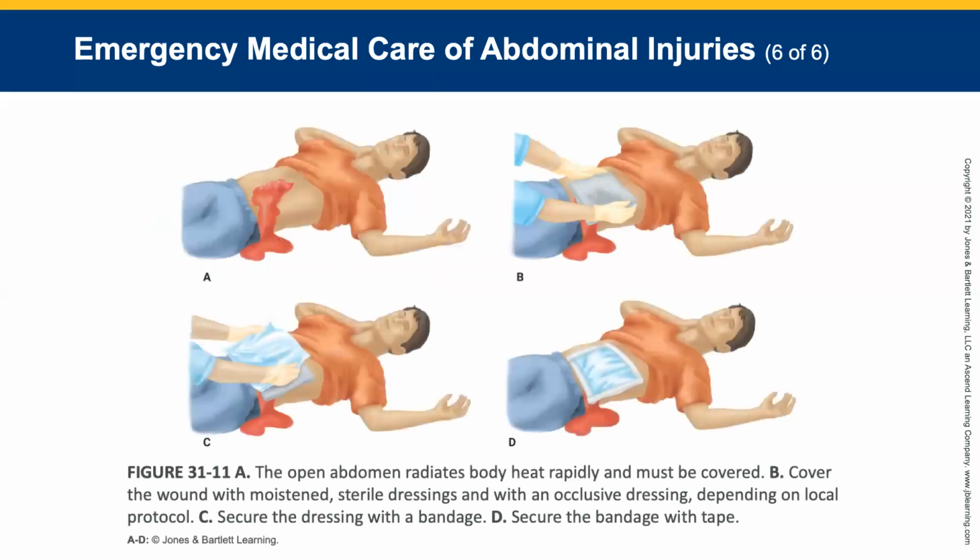All right, so here are the steps for applying a dressing to an abdominal wound. You can see here in figure A, the two that I've dealt with in my career didn't bleed that much at all. They actually bled from this incision area more than they did there. So we're going to cover them there. B, we're going to put the dressing on. Then we're going to make sure that it's moist. We're going to turn around and seal it. We're not pushing it in there at all. We're just trying to keep the infections, the nasties, out of the way.